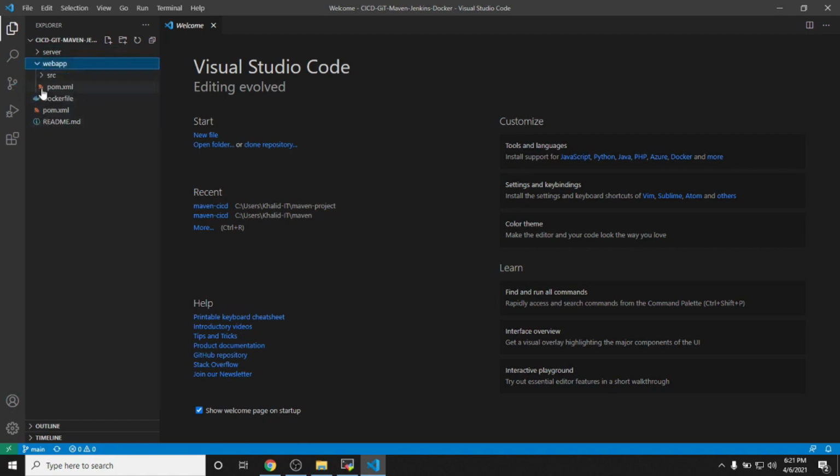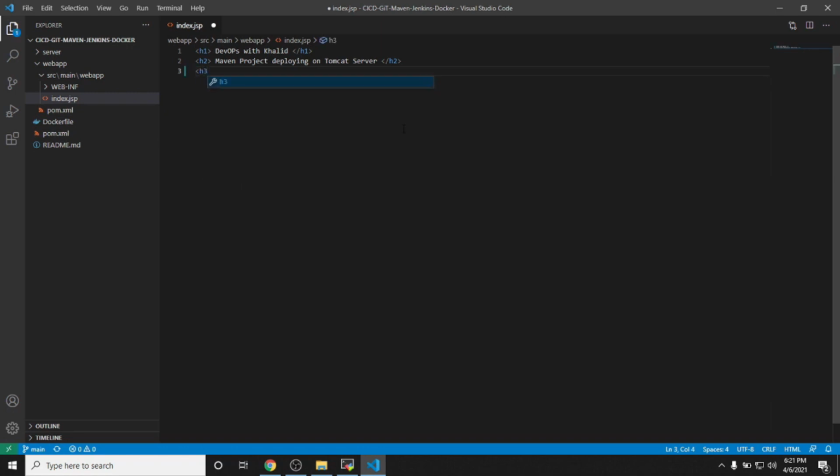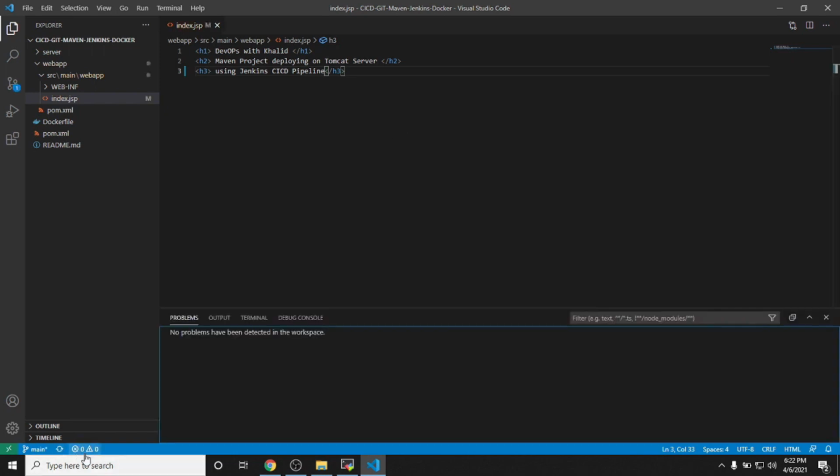So I'll go to the webapp and then to my index.jsp where my code is located. So this is my code. Let me add another line to this code using Jenkins CI/CD pipeline. So I've added this new line. So let me save it, and then on the terminal window,